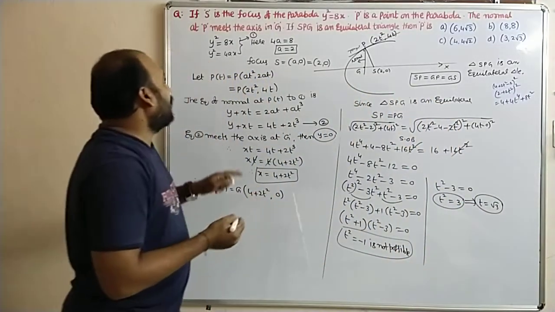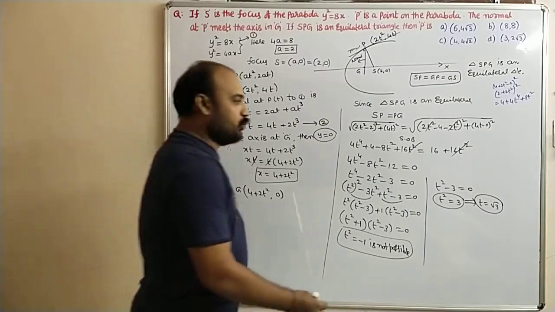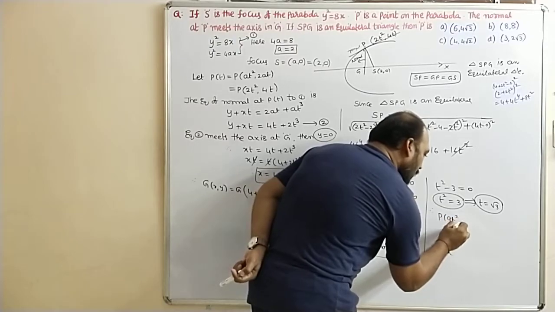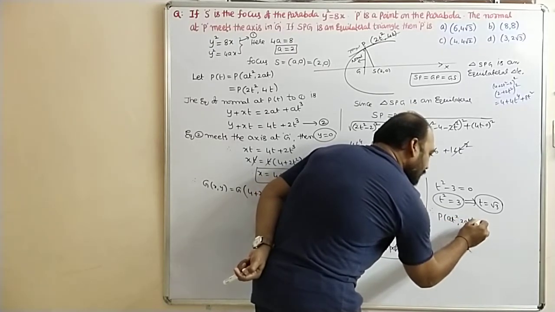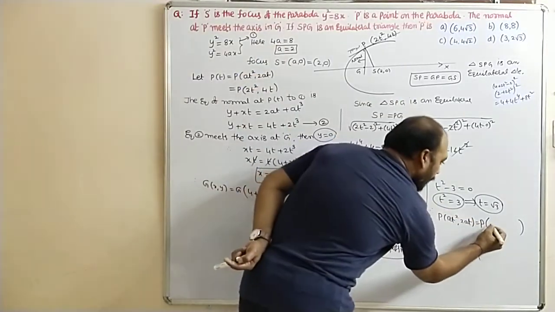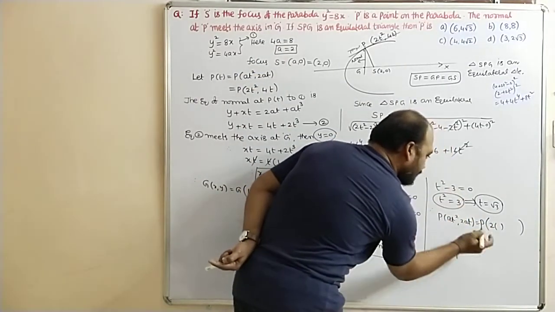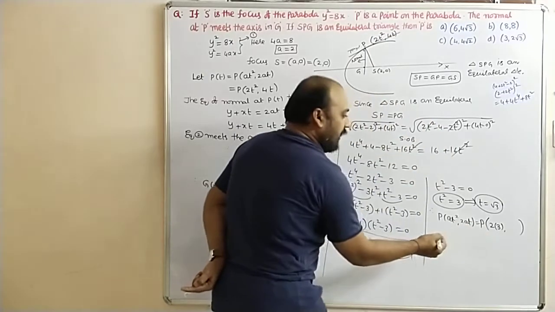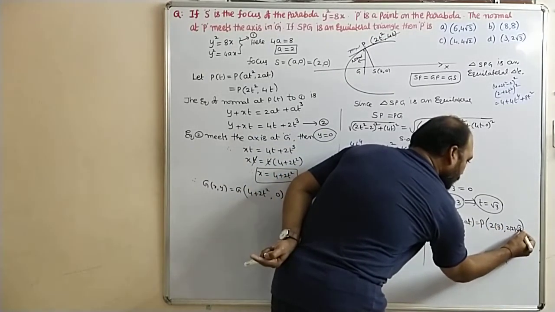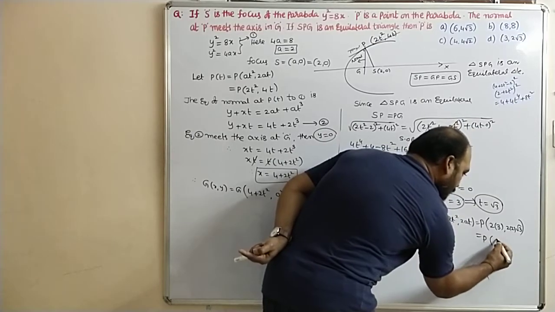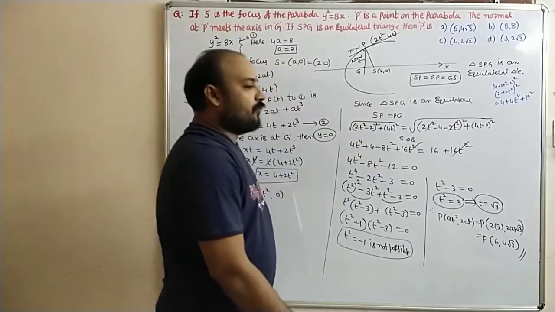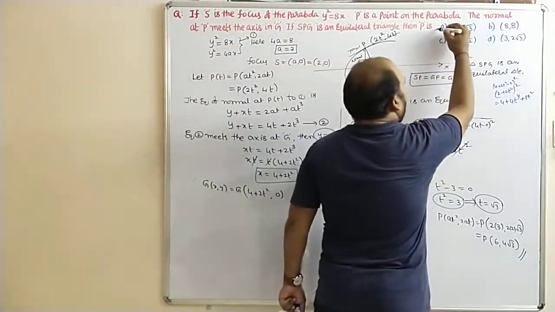Now the point we have to recognize. What is the point here? P equal to. Therefore the required point P of at square comma 2at which is equal to P of a value. A value is what? 2 into t square. T square value is 3 comma 2 into 2 into t value is root 3. So which is equal to P of 6 comma 4 root 3. So P of 6 comma 4 root 3 we got in the first option.